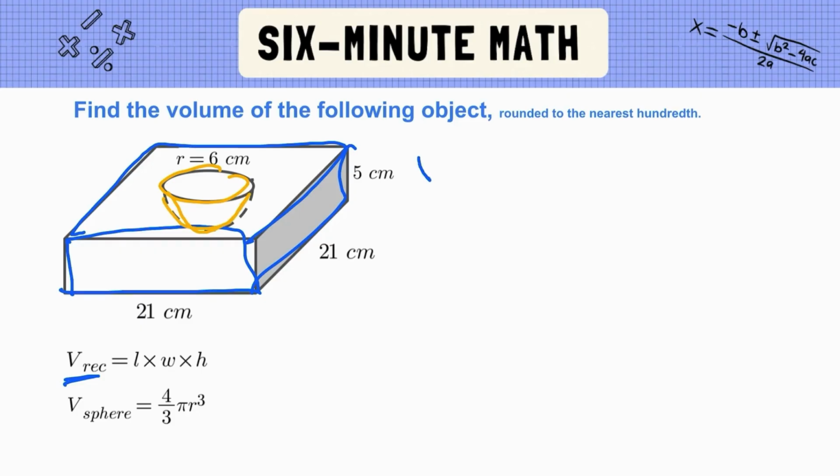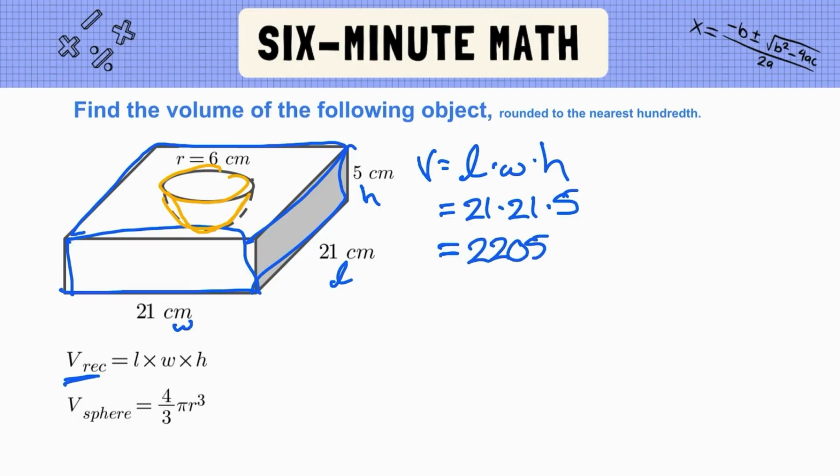The volume of that rectangular prism is length times width times height. We have our length, our width, and our height here, which is equal to 21 times 21 times 5, giving us a rectangular prism volume of